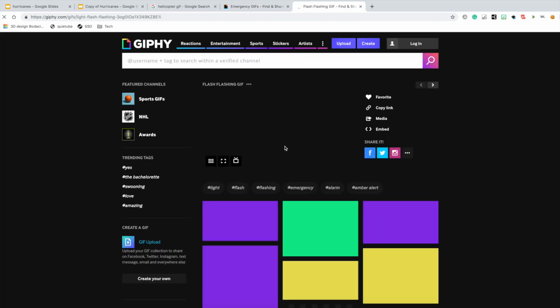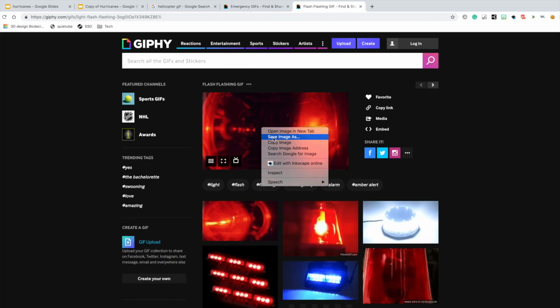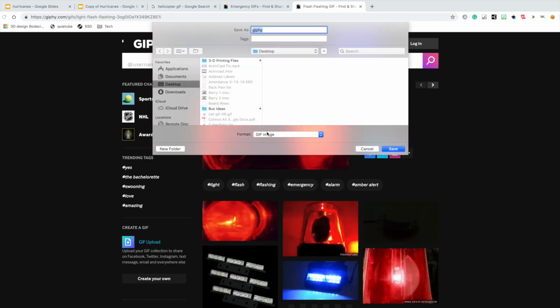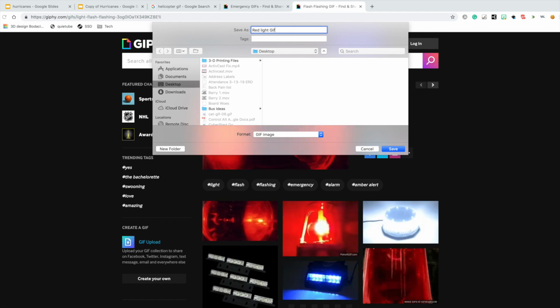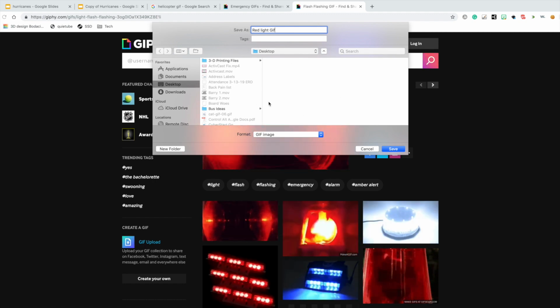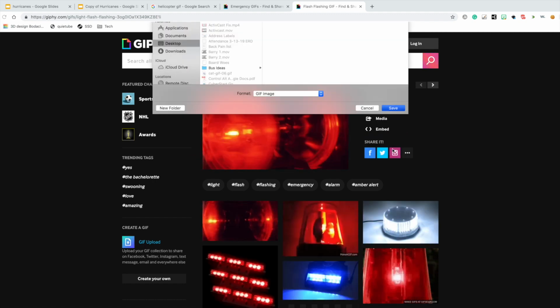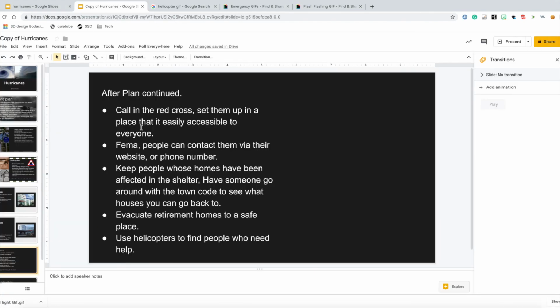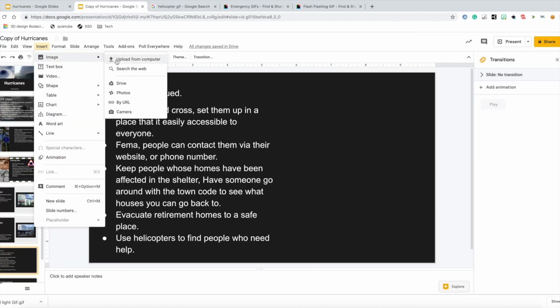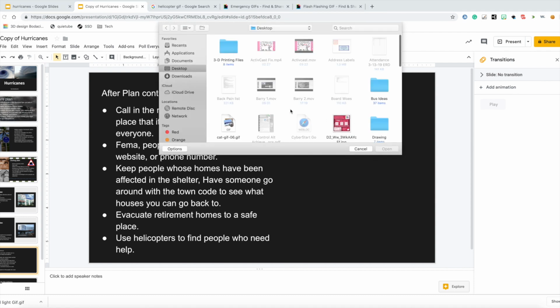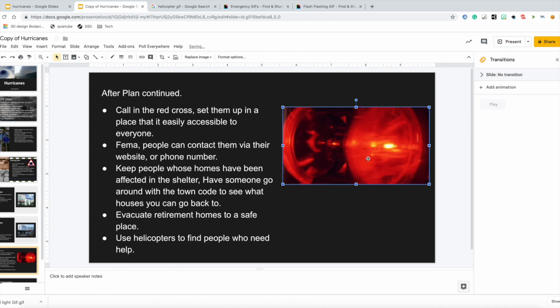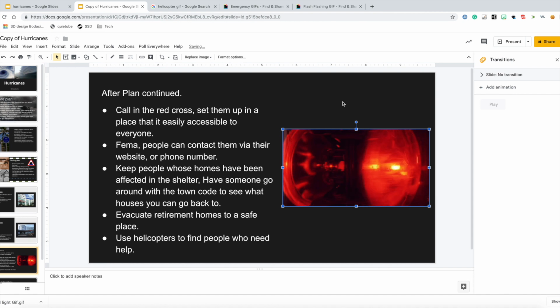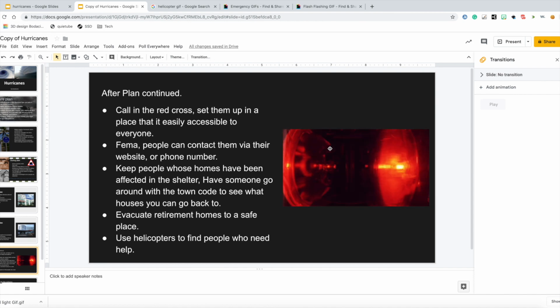So if I click on it here, you're going to go ahead and right click, save image as, and I'm going to put red light GIF. I can put it right on my desktop or I can save it to downloads, doesn't really matter. Then I'm going to come back to copy of hurricanes. I'm going to go insert image, upload, and open this. Okay, so now I have a component in my presentation that's not distracting in that it's so